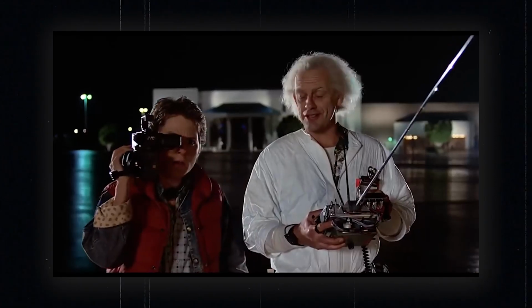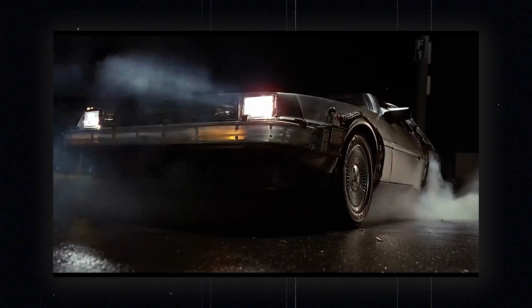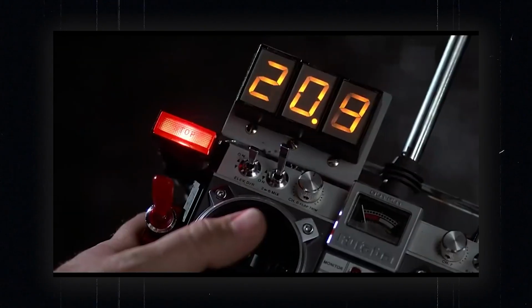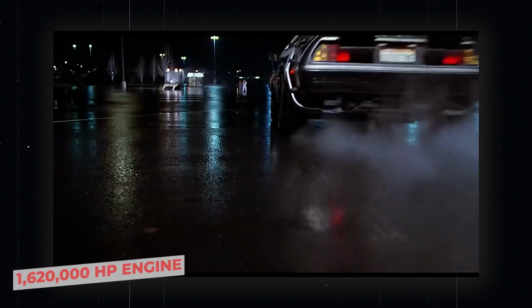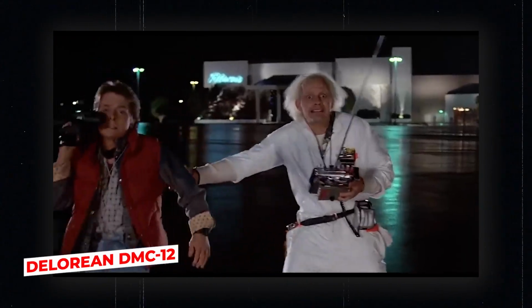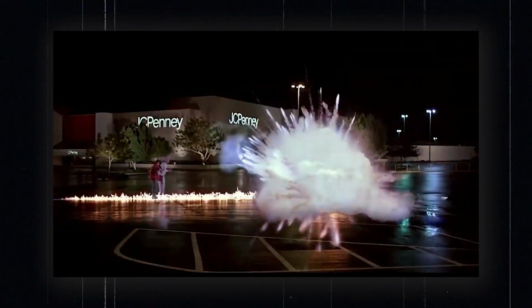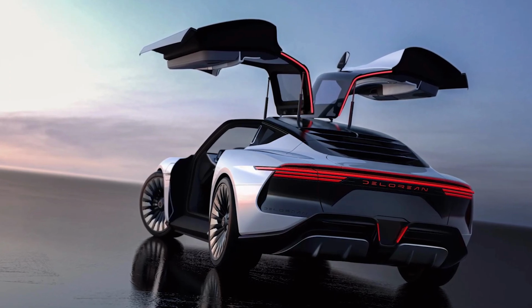In 1985, the movie Back to the Future told the story of a car so unique and ahead of its time that it could travel through time when it reached speeds of 88 miles per hour. With its Flux Capacitor and 1.6 million horsepower engine, the DeLorean DMC-12 is the stuff of legend among film heads and car buffs alike. More than 37 years after the movie's release, the DeLorean Motor Company is finally ready to